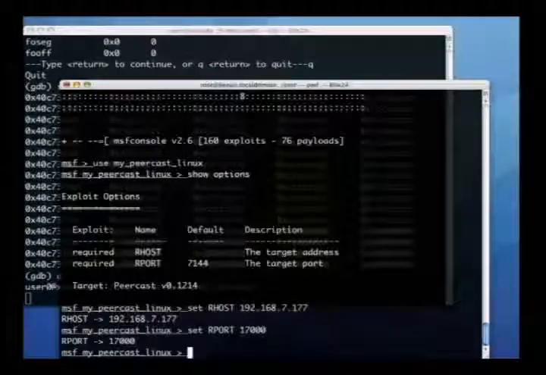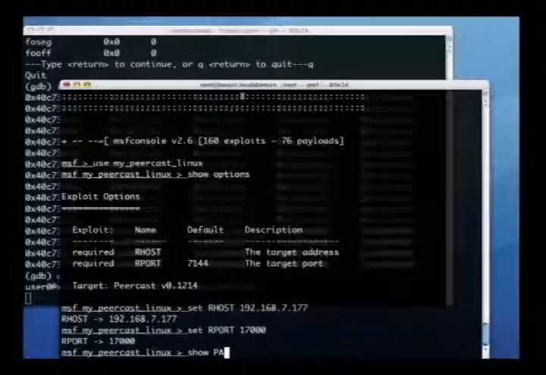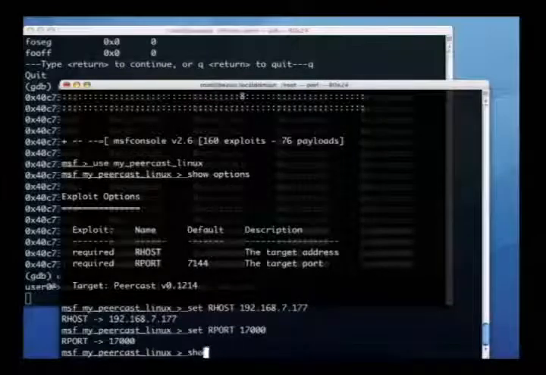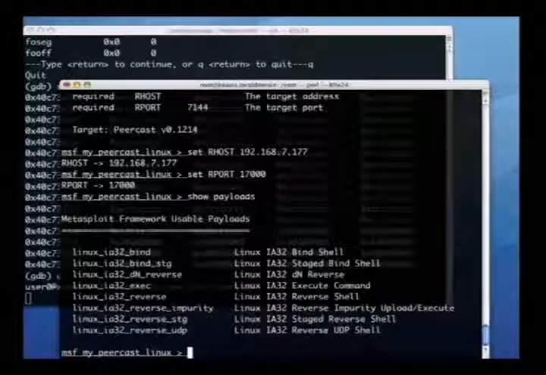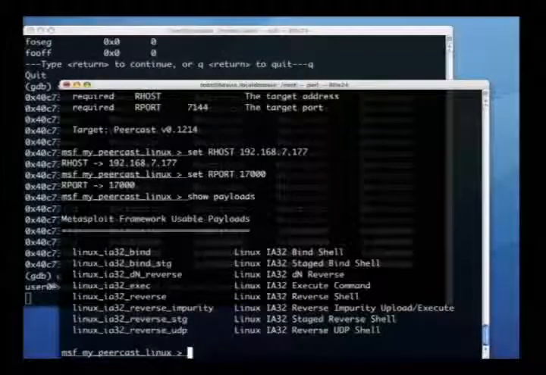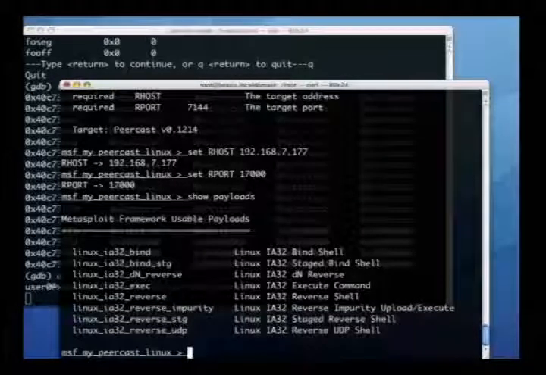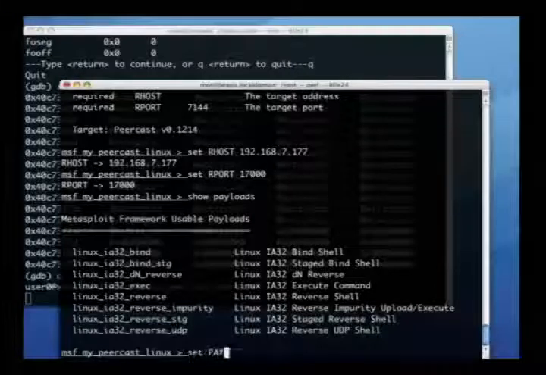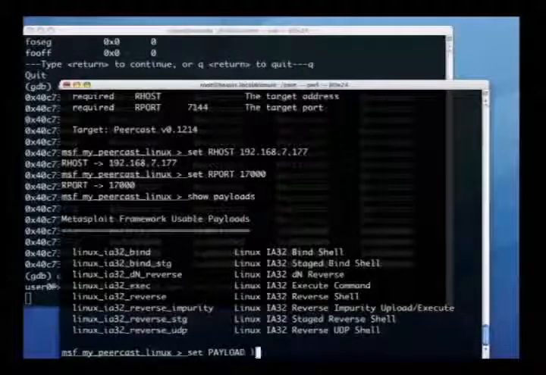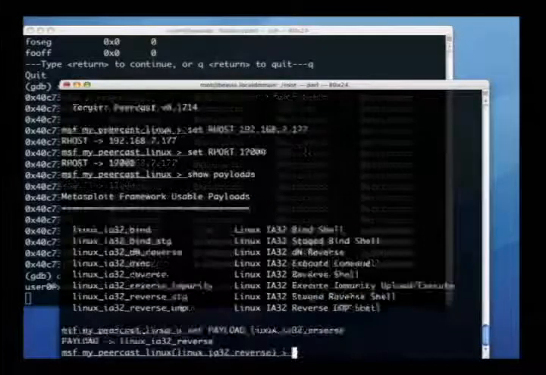And now comes the time to pick a payload. So let us say show payloads. We have the following payloads available to us. So let us select, what shall we do? Linux IA32 reverse shell. So I say set payload Linux IA32 reverse shell.